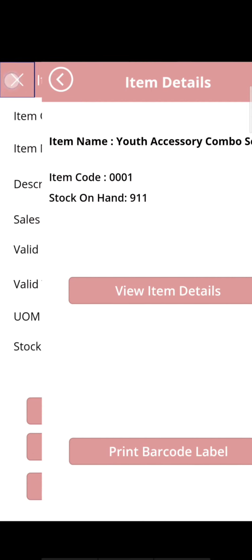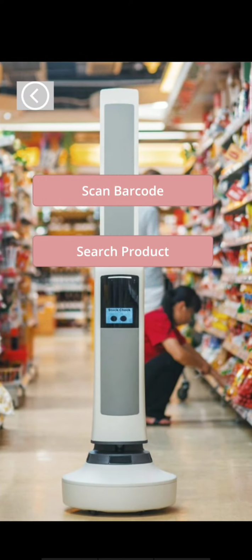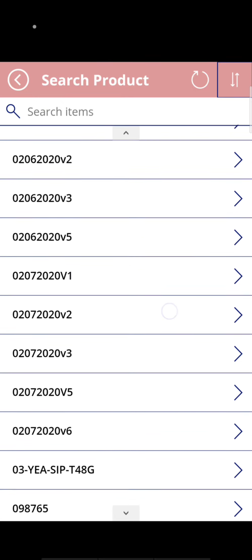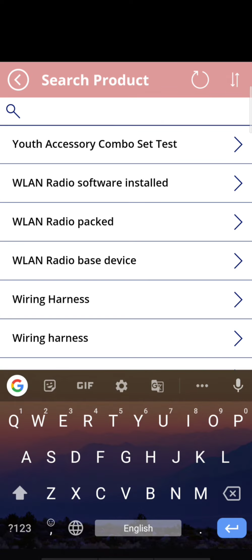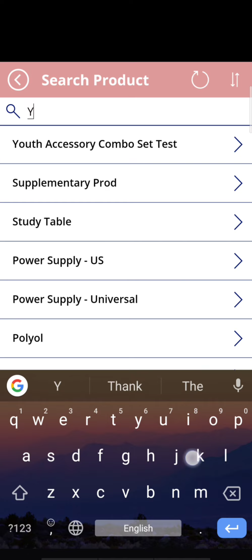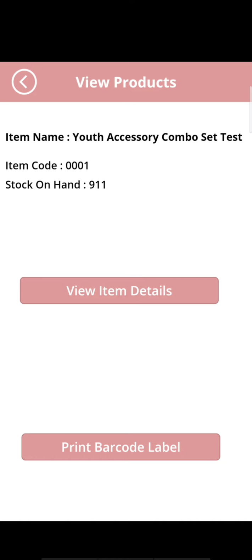Again, let's get on to the Power Trans app and see the next scenario, which is the search product option. I'm walking into the retail space and I see the barcode is not available. I'll be able to search the item based on the item name. The application will display the closest match of the search criteria I have entered. I'll be selecting the item depending upon the physical item.